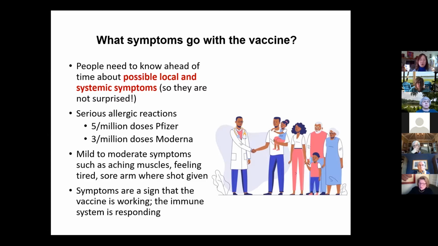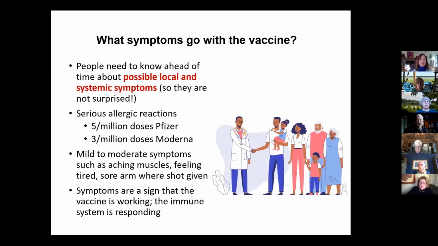And to put that in perspective, for other vaccines, like the influenza vaccine, serious allergic reactions occur in about 1 in a million. So yes, it's a little bit higher in Pfizer and Moderna, but not extraordinarily so. This is not a real surprise. To put it further in perspective, with penicillin, the serious allergic reactions are about 1 in 5,000. So allergic reactions, these are foreign proteins, foreign oils, it's not surprising.